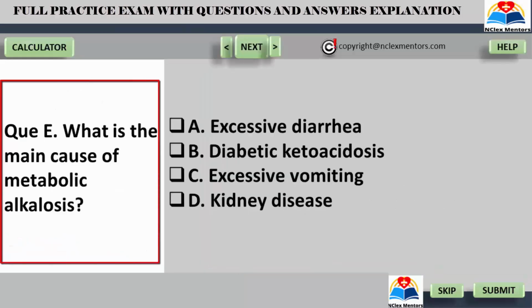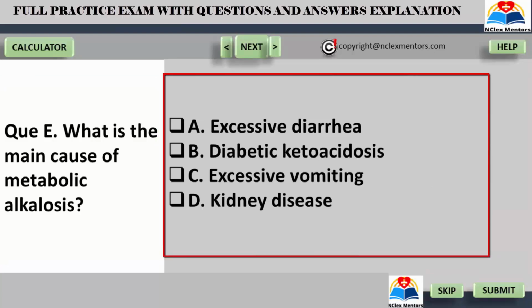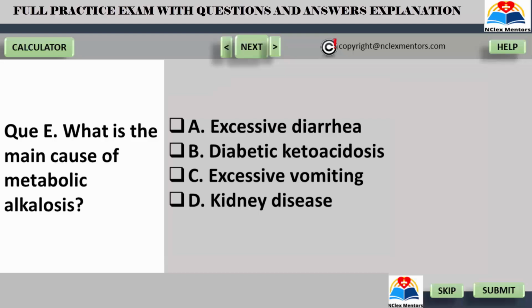What is the main cause of metabolic alkalosis? The options for this question given in the screen are A, excessive diarrhea, B, diabetic ketoacidosis, C, excessive vomiting, D, kidney disease. I will give you some time to go through the question and the options. You can see the timer running on the upper right-hand corner of the screen, but if you need more time,